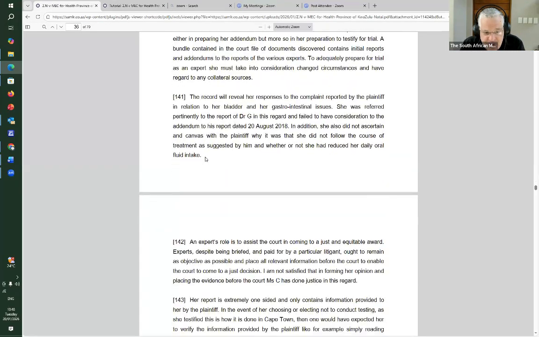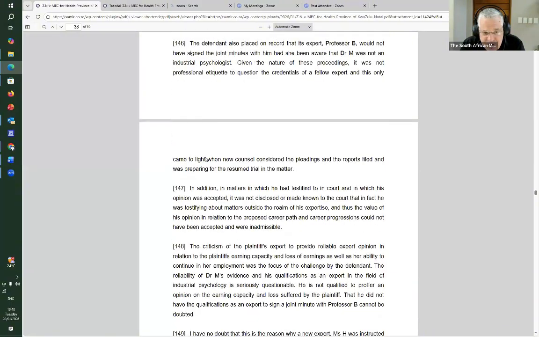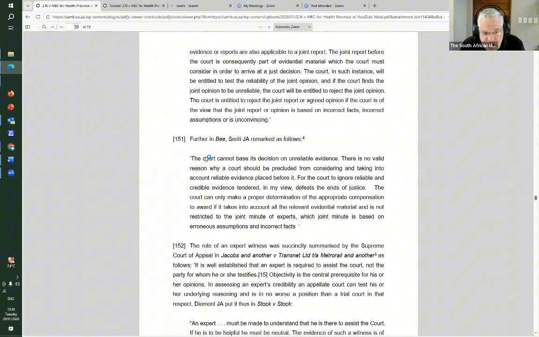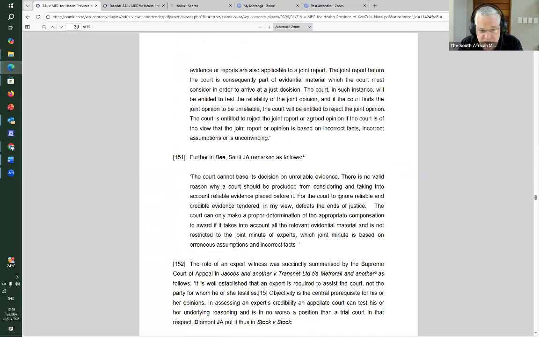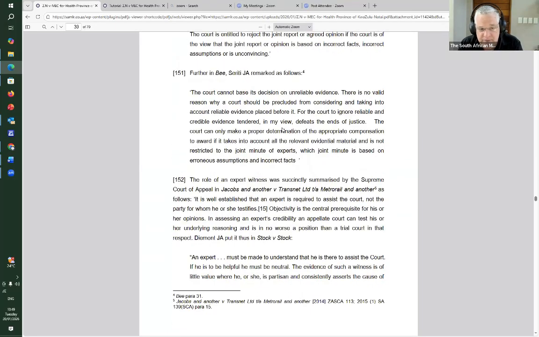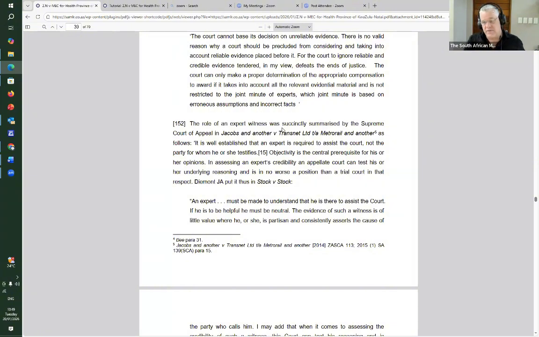I just want to take you to that, as to what the expert's fundamental duty to the court is. And you'll see that the judge deals with some well-known judgments. Those who've done the intermediate course will be familiar with B versus Road Accident Fund, a very well-known personal injury judgment, which we look at in detail. And then 152. So now we go, you remember that when we did the general principles